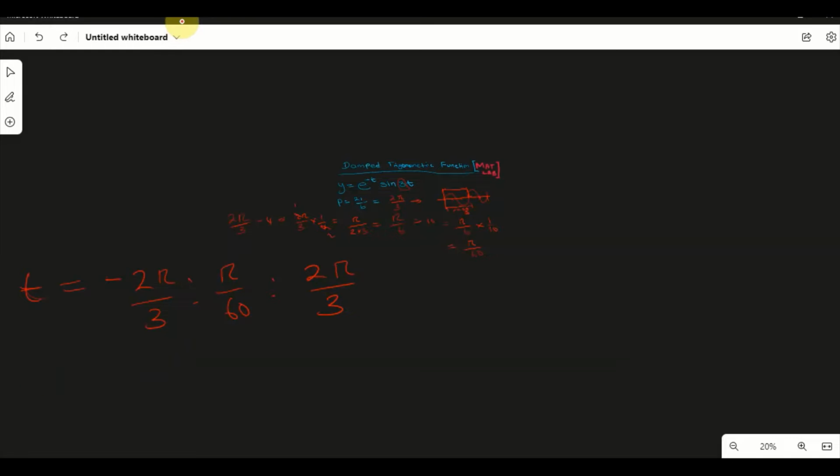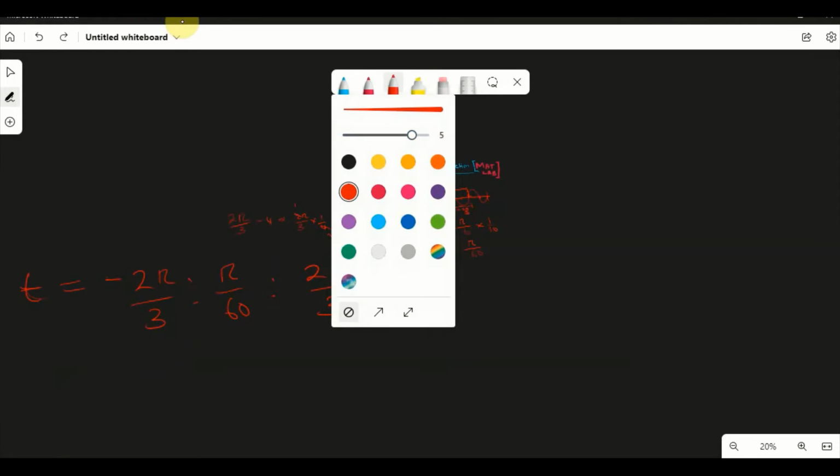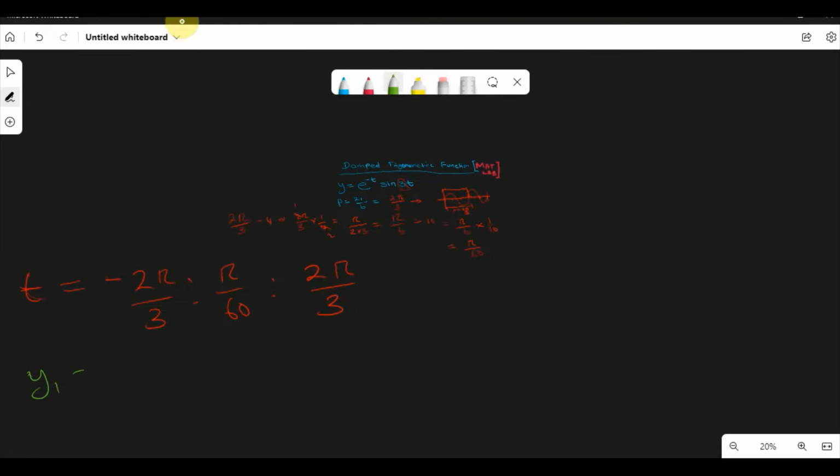Let me just correct that. Let's say y1 is this one, the exponential. y2 is sine 3t. Okay, so this will be line 1, maybe this will be line 2 in Matlab, this will be line 3,